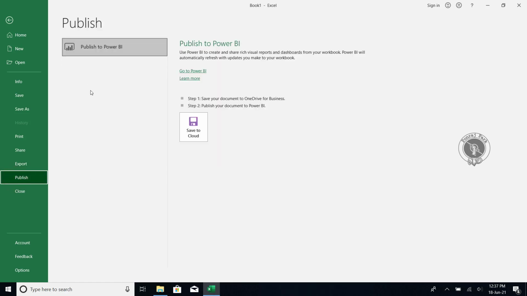Okay, now Publish is like Publish to Power BI. There is one business intelligence application from Microsoft. If you want to share this Excel file with Power BI, if you have any data content that you have to attach to any other application, you can attach.